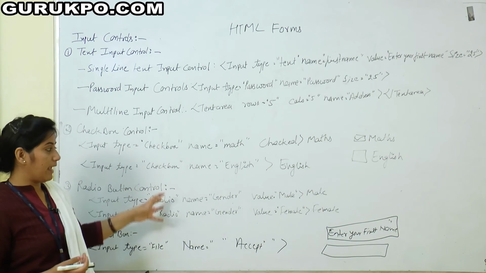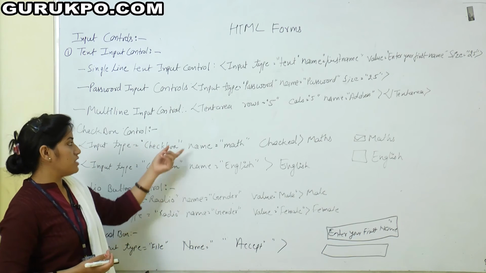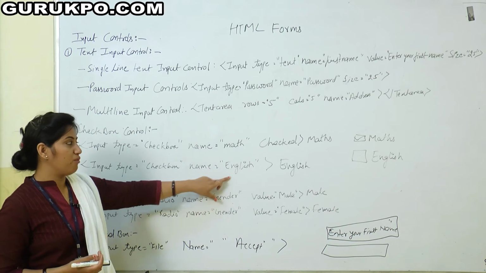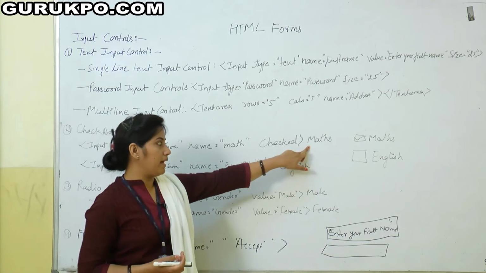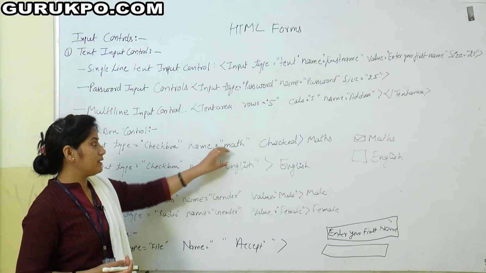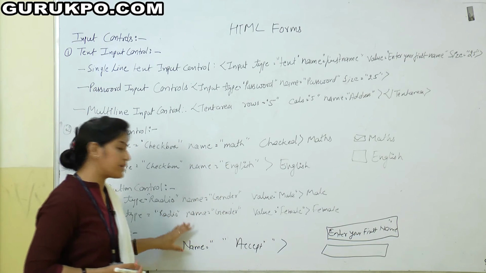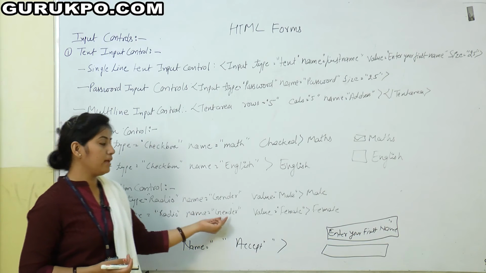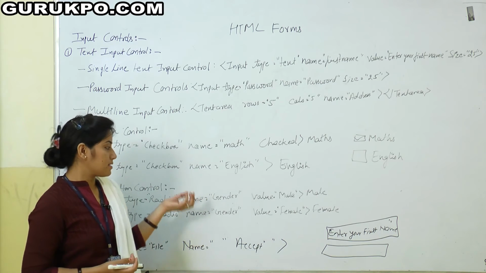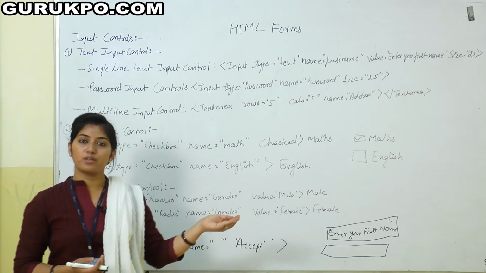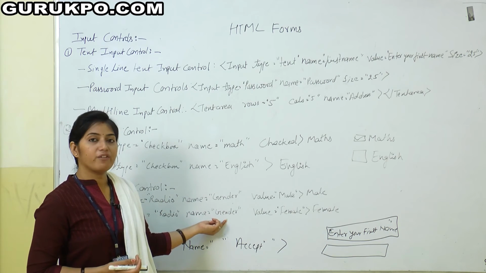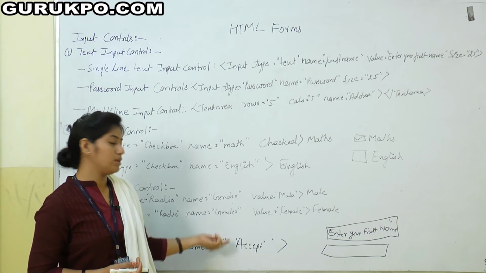The difference between checkbox and radio button is in the name values. In checkbox we have different name attributes. For example, if I write math, then its name is math. English can be another name, but these names are different. But if we use a radio button, then the name should be the same, because when our data is saved to the database, it corresponds to only one value. If we give a different name, then the database will be confused.